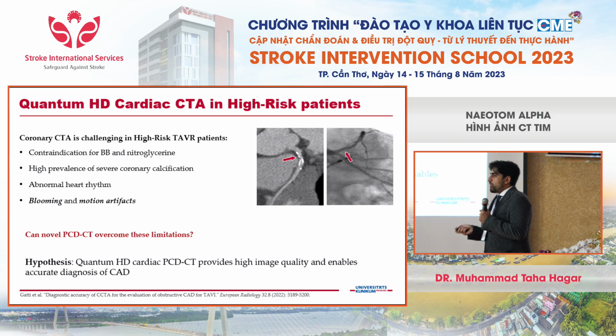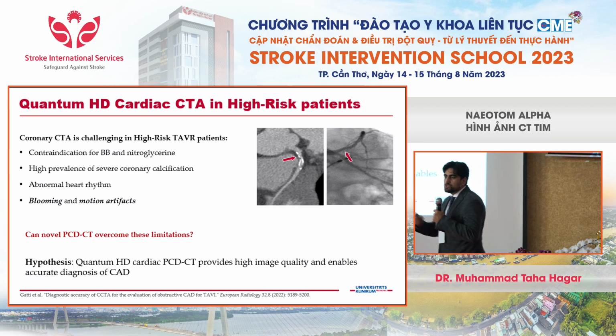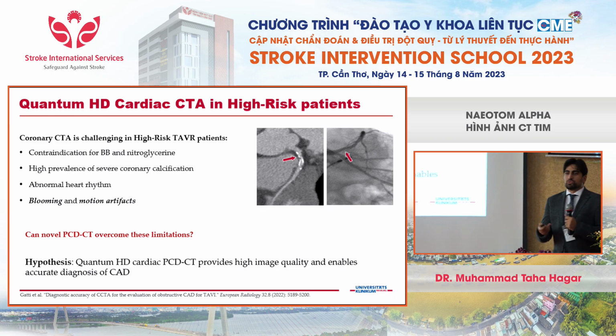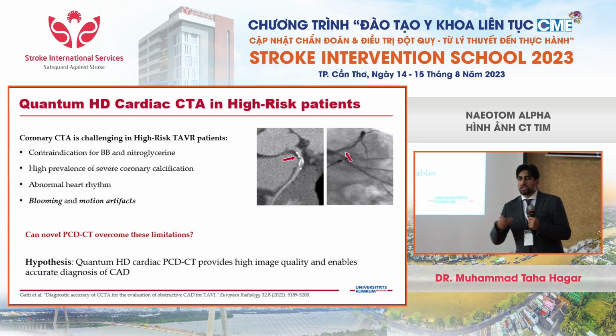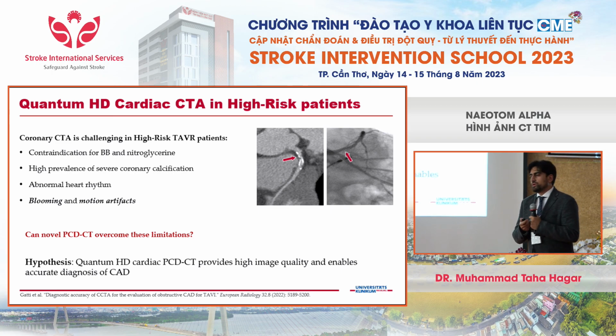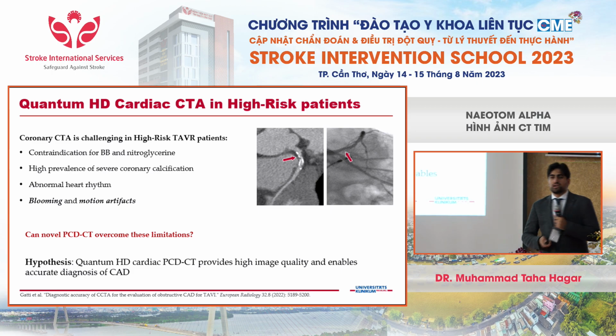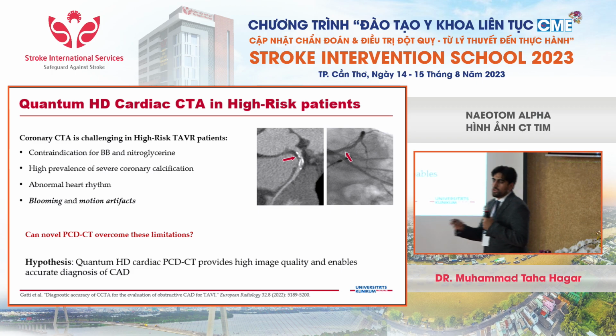And so this is a hypothesis-driven study, and it triggered the hypothesis that we can overcome this limitation using the novel photon counting detector technology. And the hypothesis would be obviously that in this high-risk population, which are indicated for transcatheter aortic valve replacement, where you cannot apply any beta blockers, where you have high calcified plaque burden or previous coronary intervention, and basically impossible to successfully scan for cardiac CT, that there provides high image quality and diagnostic accuracy for the presence of coronary